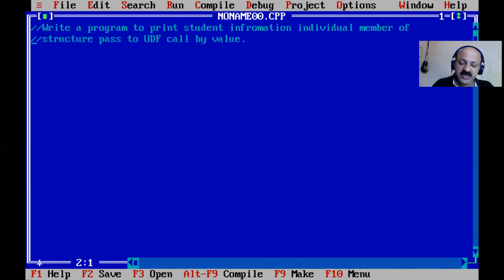First we use call by value and then call by reference, and also passing in UDF has the individual member technique and the whole or entire structure technique. So there are two techniques: individual members of structure you can pass to UDF, with call by value and call by reference as sub-techniques, and the entire structure you can pass to UDF, also with call by value and call by reference.